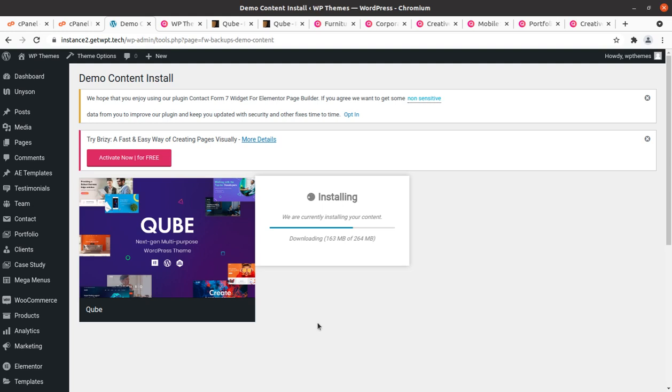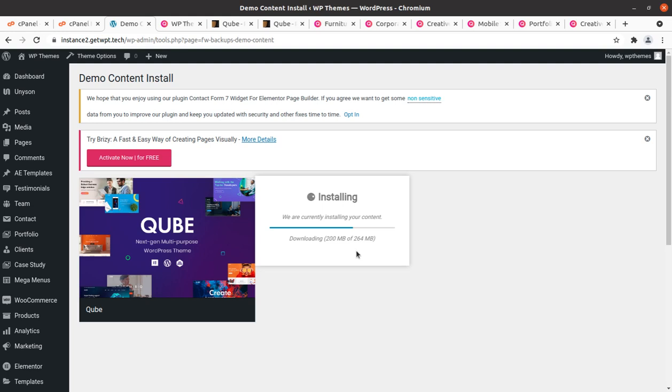So now the screen is saying images and media. There are 264 MB of data to be downloaded first, and it is going on, and 183 MB has already been downloaded. So we have to wait on this screen because it is going to download all the media files, and it depends on your internet connection and your server speed.